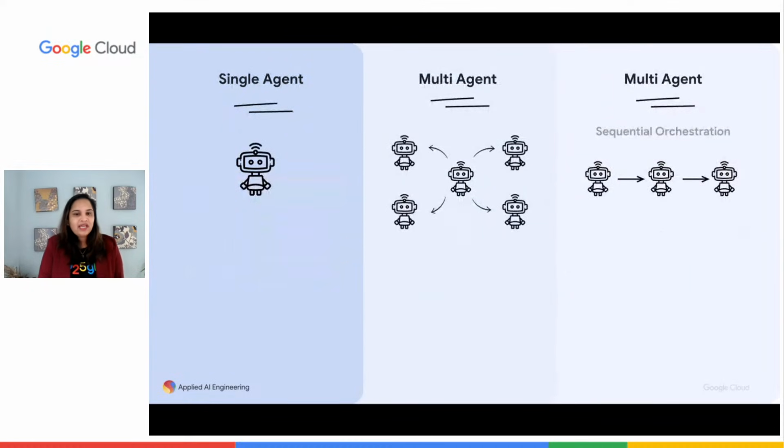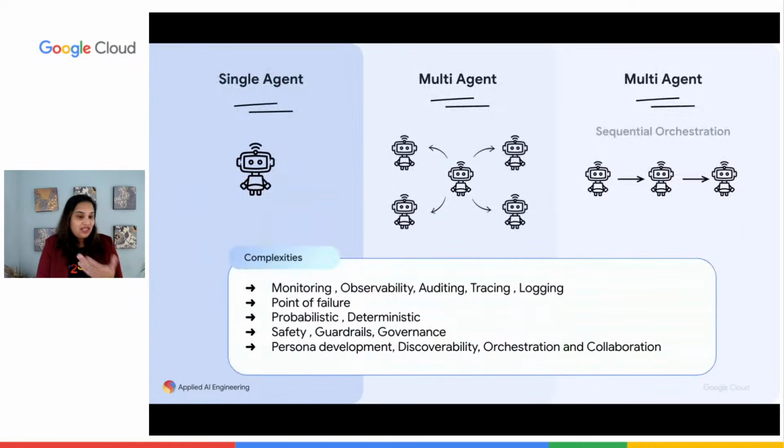But what happens with these complexities, with these agents? Whether it's single agent or multi-agent, the complexities remain the same, because you still have to worry about monitoring, still have to worry about observability, like all of the things which we are all used to. None of these concepts are new. If you have developed some things in the past, like in a software development cycle, we all have experienced it, gone through it. And Heiko and Malcolm will walk through some of the challenges and how you would be able to overcome them, or suggestions to improve them.